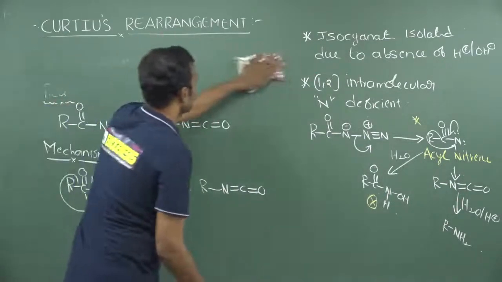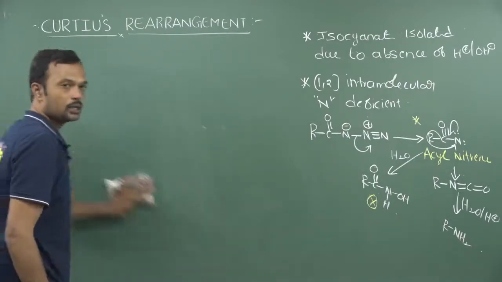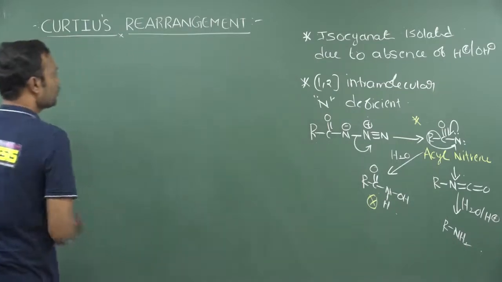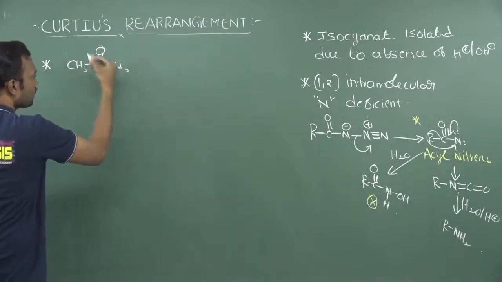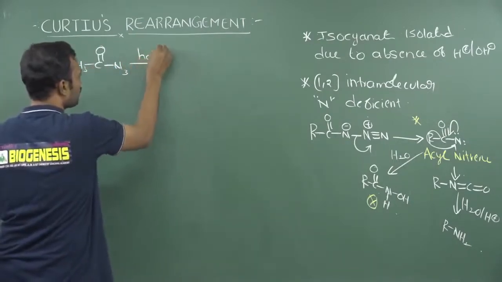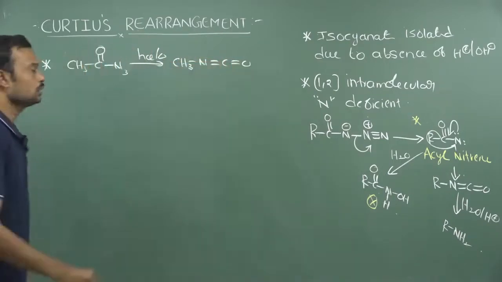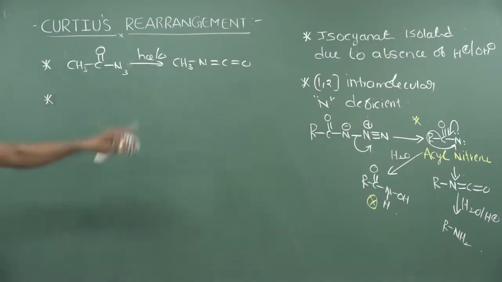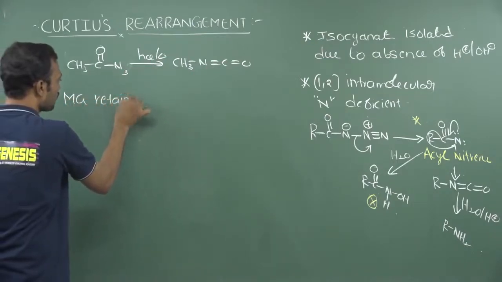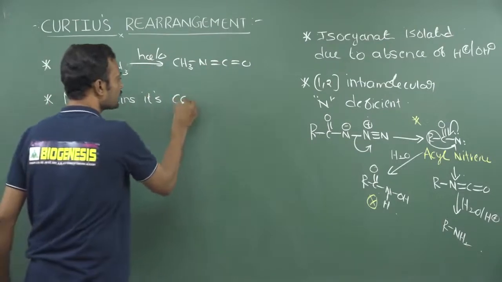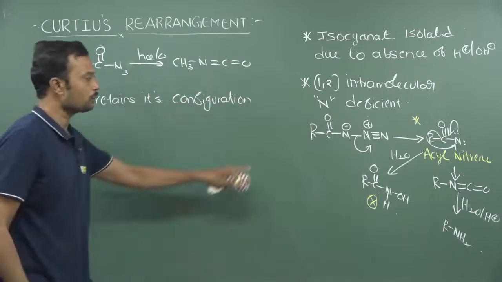Next, see. In this reaction, if you observe, the migrating group may be an alkyl or it may be any aryl. If you take any kind of group here, like CH3, C double bond O, and they give N3, now finally, thermally or photochemically, what is the resultant answer? The methyl group is attached to nitrogen, C double bond O like this. This is the process you are going to expect, and we observe that the migrating group completely retains its identity, otherwise you can say it completely retains its configuration. Configuration is completely retained by the migrating group.